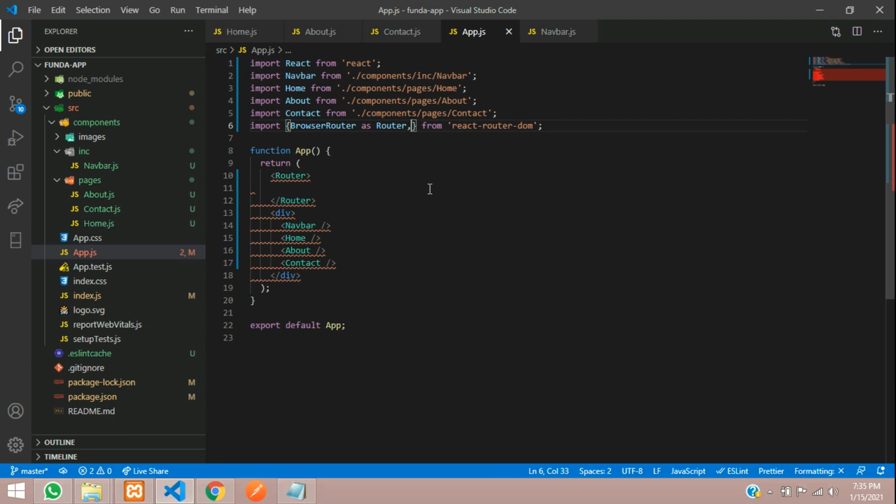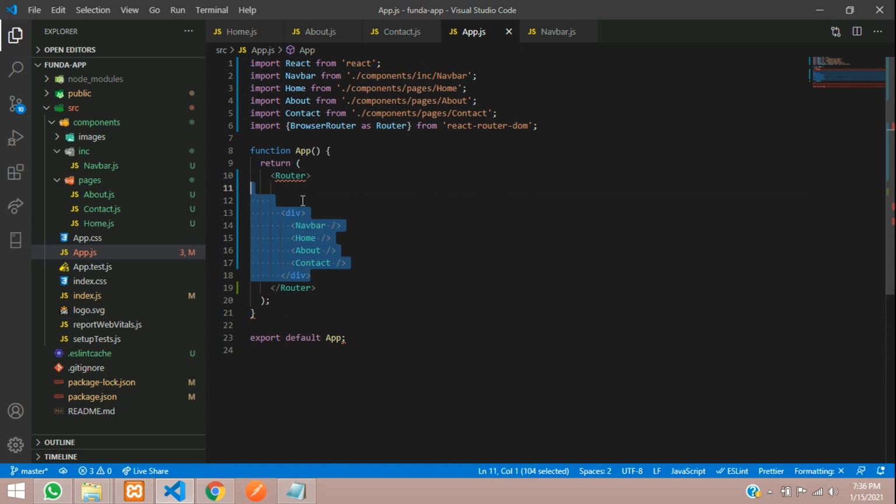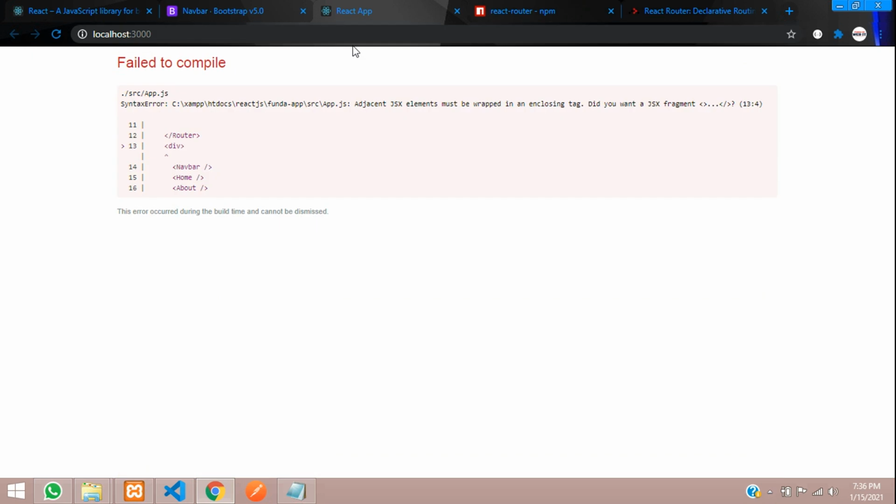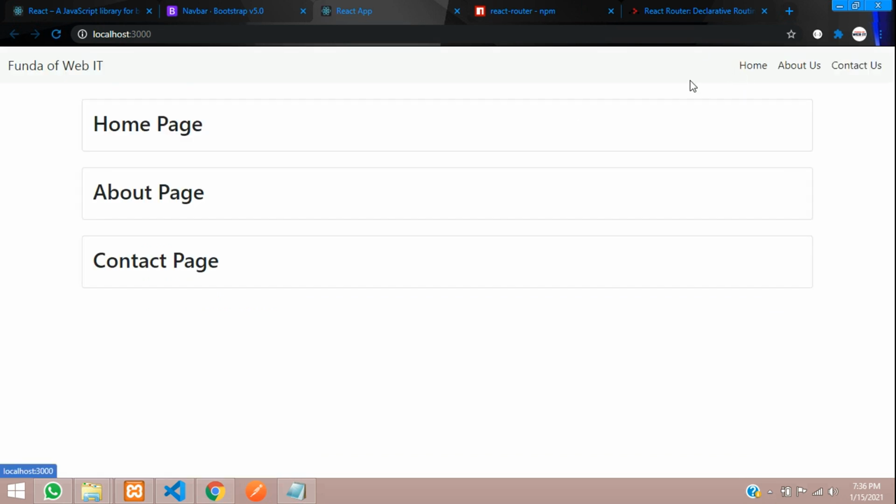First, let us see with the Router thing. Let me just cut and paste it below this div tag. Okay, done. So it's included now inside it. Let's save this, and now let us refresh. So guys, the navbar is loaded now.